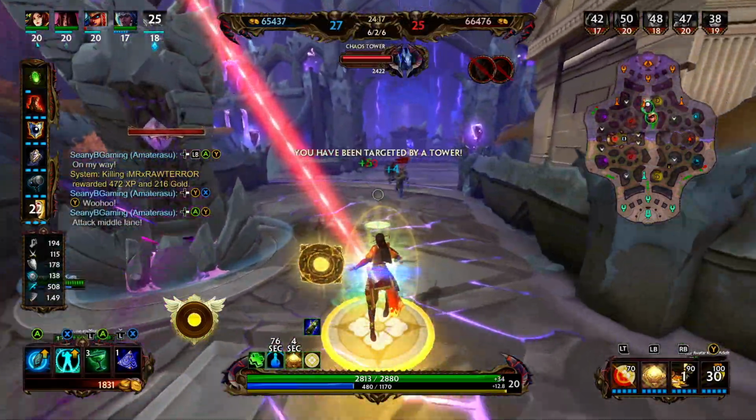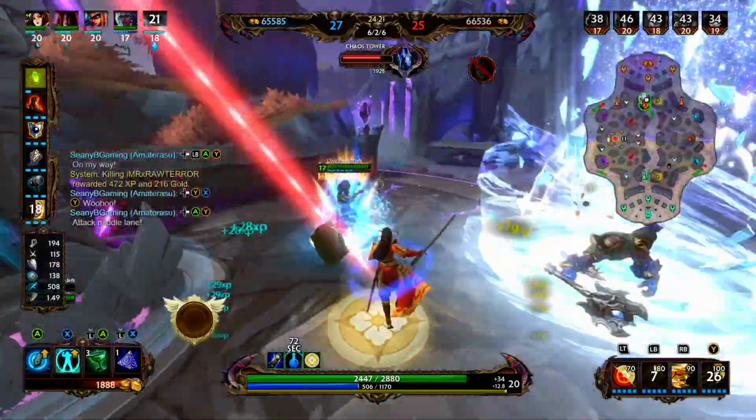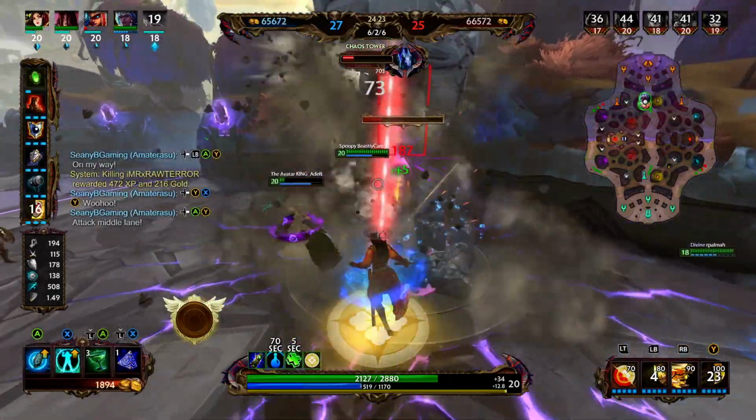I feel terrible for the enemy team. The fact that we can just get this tower, get the Phoenix, and win the game, that's got to be a rough